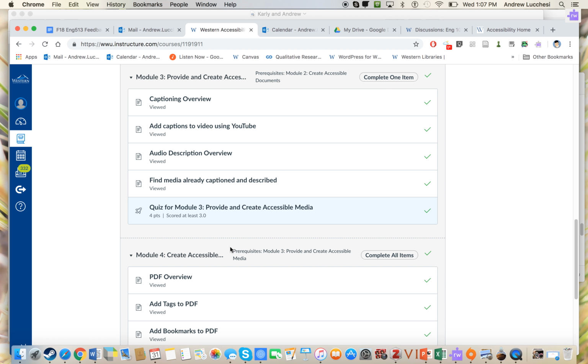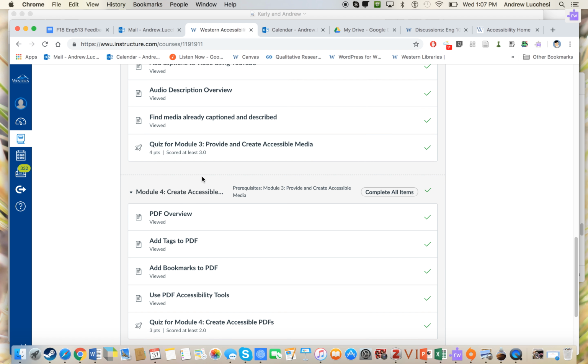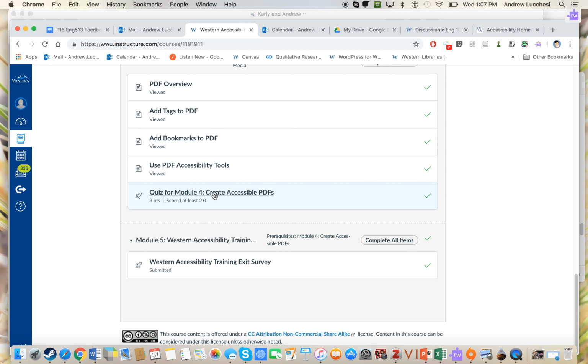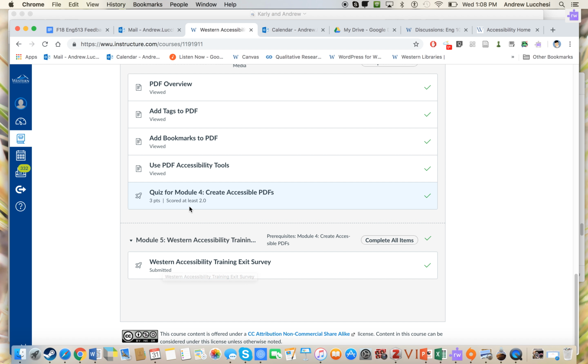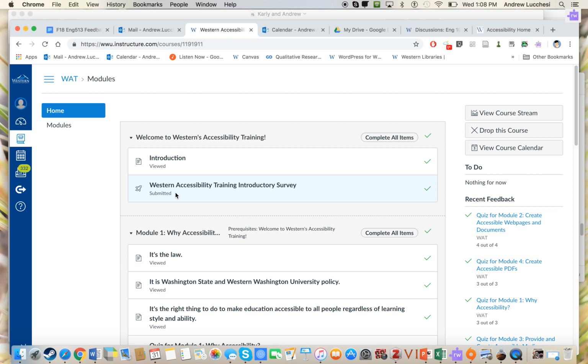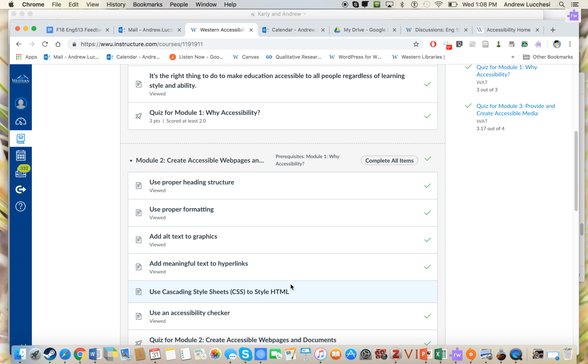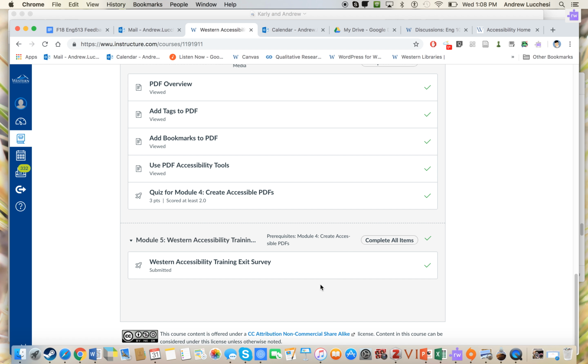They watch through and read through all of these. They take the little quizzes. At the end, they will typically get an email after each of the quizzes that they do, which they could show you for evidence. But in terms of how they turn this in, what I would suggest is they go down to Module 5 and, well, if you wanted, they could do a PDF printout of this whole page, and you'd see all of the check marks that they did. If you want to open up the survey,